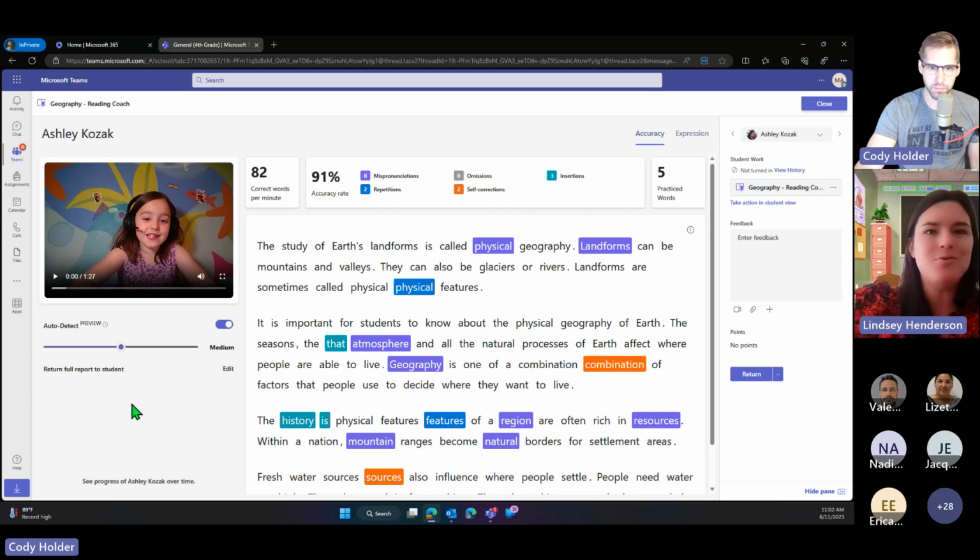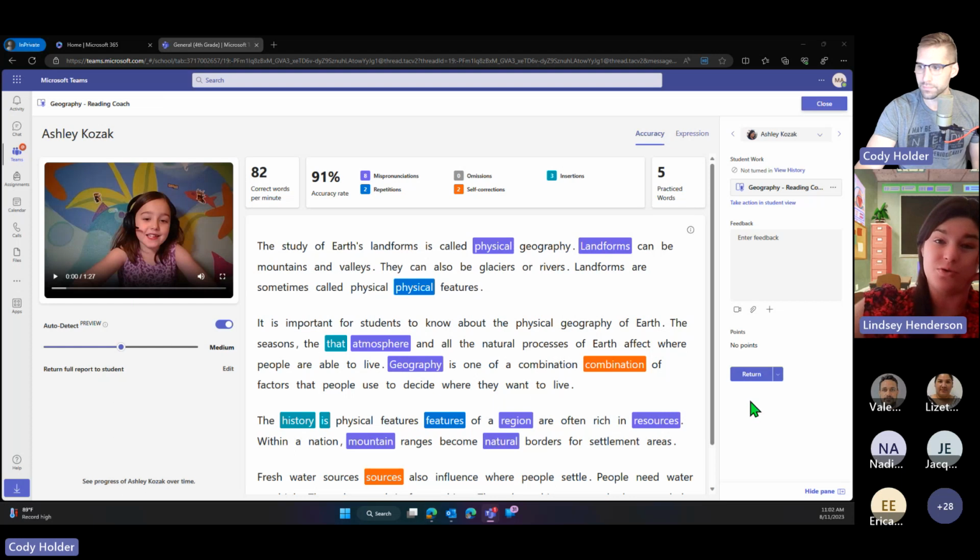Because again, math is so easy to be like, oh, look, here's your test score. They got the program, they got the answer right or wrong with the equation. Right. Reading and things like that can be very subjective and kind of hard to prove. And I think a lot of times parents are really just wanting evidence. Not necessarily they don't believe the teacher, but they just have a hard time understanding.